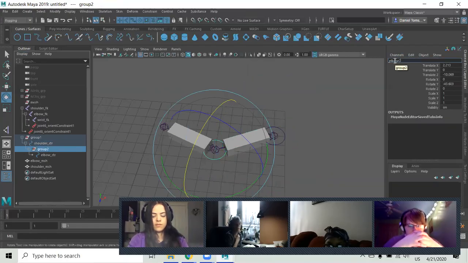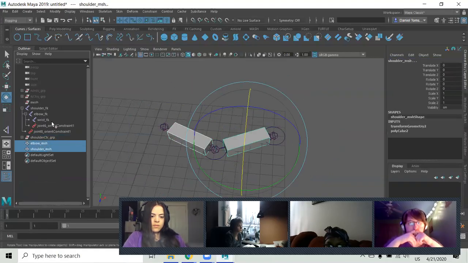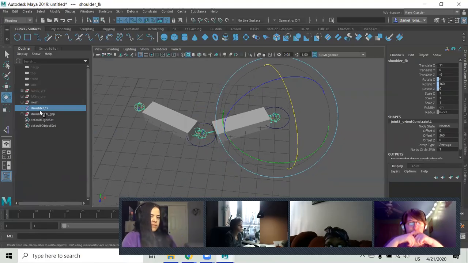This one can be elbow controller group. And this one will be shoulder controller group. Okay, so now we have, and let's place these ones under our mesh. Okay, so now we have our FK